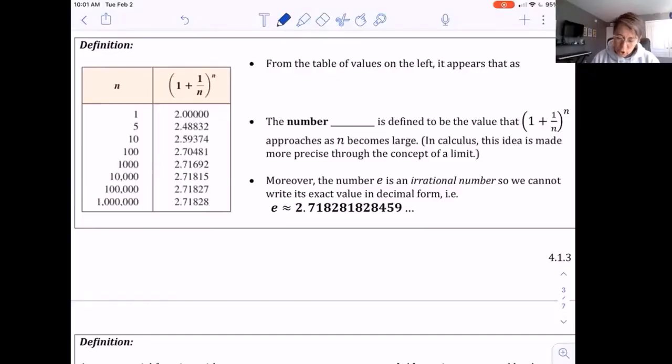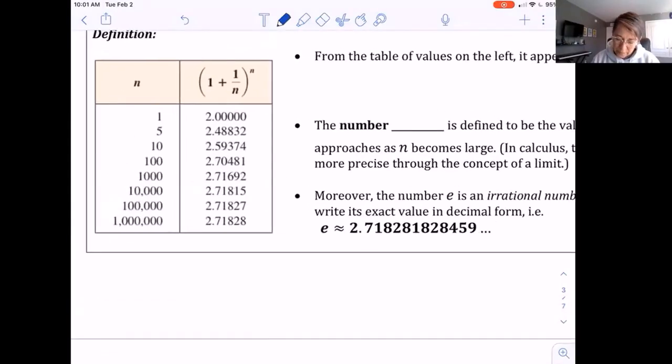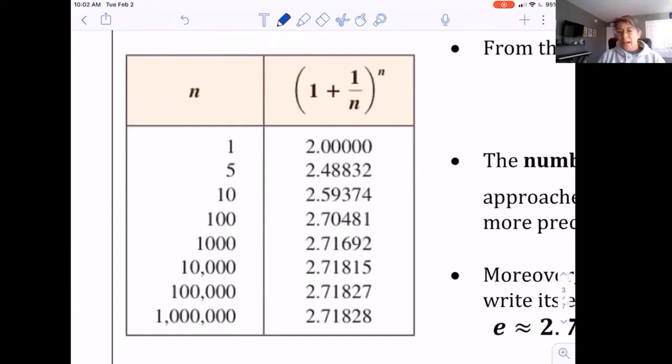I want us to look at this chart here on the left. So the right-hand side may look similar to what we were working with in the compound formula. We have 1, think of 100% of the original, plus 1 over n to the power of n. So as that n gets larger, 1, 5, 10, 100, notice that we're getting closer and closer to a particular value,